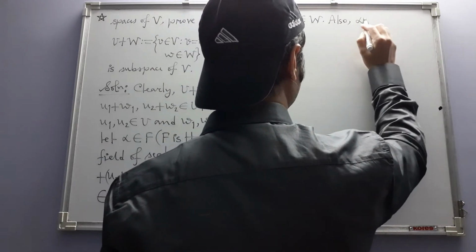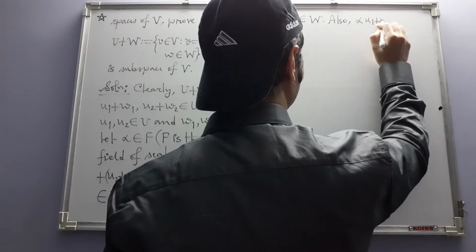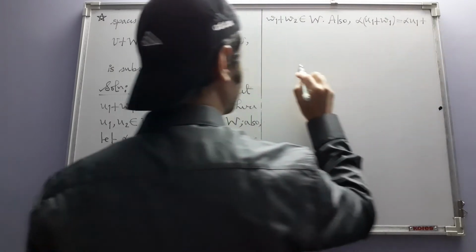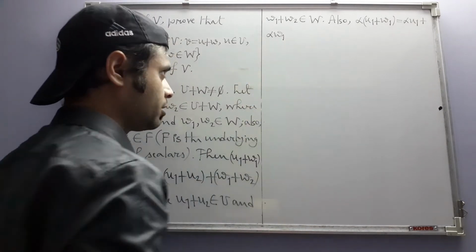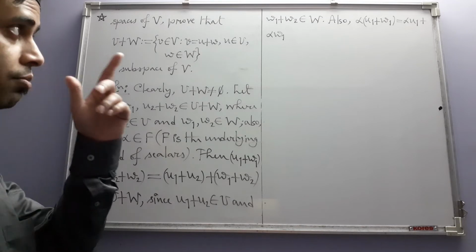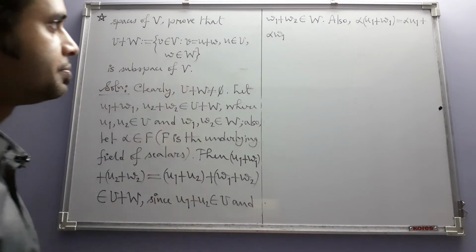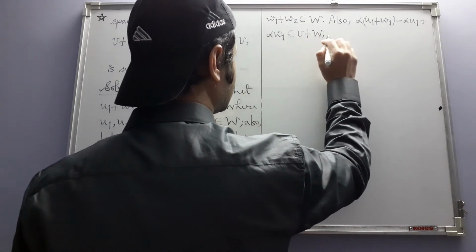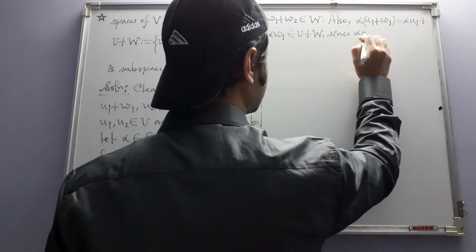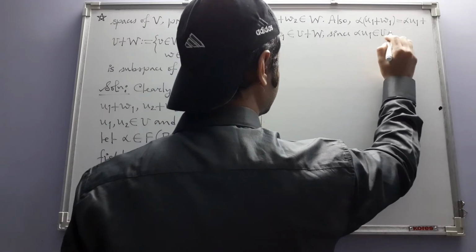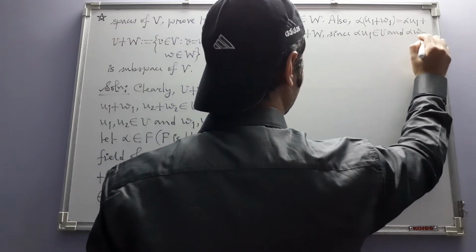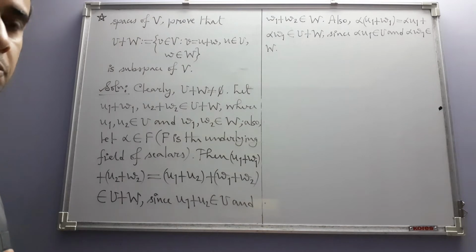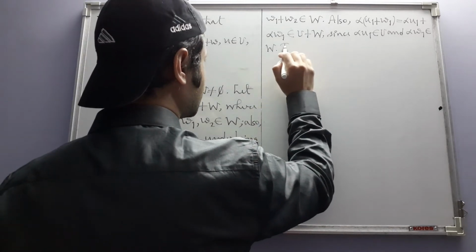Also, alpha times u1 plus w1 is equal to alpha u1 plus alpha w1, where to carry out this step we have used one of the vector space axioms in V, and this belongs to U plus W since alpha u1 belongs to U and alpha w1 belongs to W, again using the fact that U and W are subspaces. Thus,